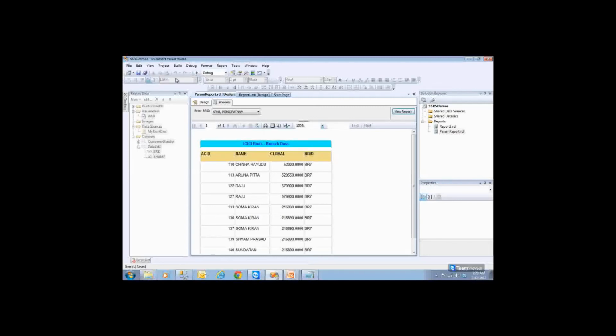Hope you have understood the parameters. A parameter can be one parameter, or you can also have one more parameter. Here you can also have nesting parameters. Depending upon the country, I need to have states. Depending upon the states, I need to have districts. Depending upon the districts, I need to have something else. So you can also do this; please practice whatever I have just suggested.